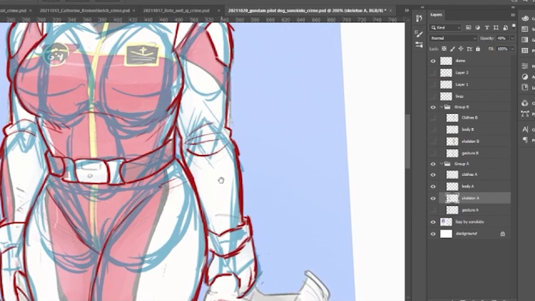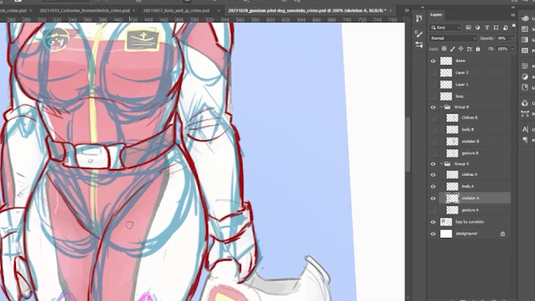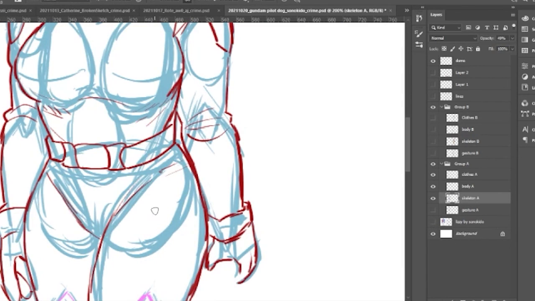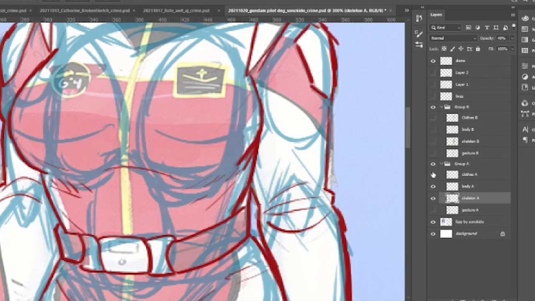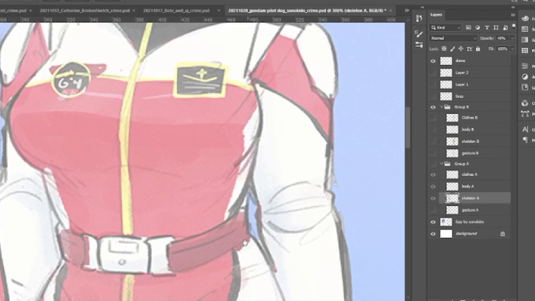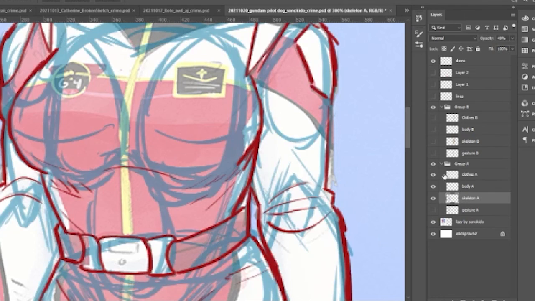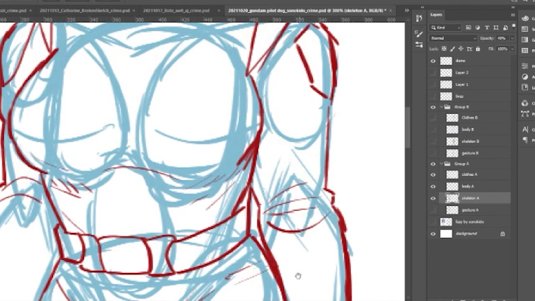This was another great one for getting the folds in the clothing. See, there's a subtle little fold right here. I didn't do every single little detail, as you can see. The way Sono Kiddo conveys this fold is with a couple of little scritches here. There's a bunch of little stuff right here and here, and I thought that was really interesting, so I tried to replicate that, and I think it turned out all right.